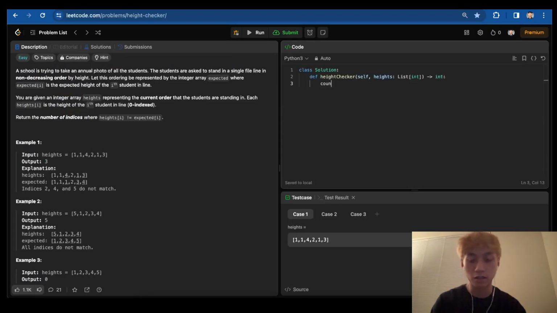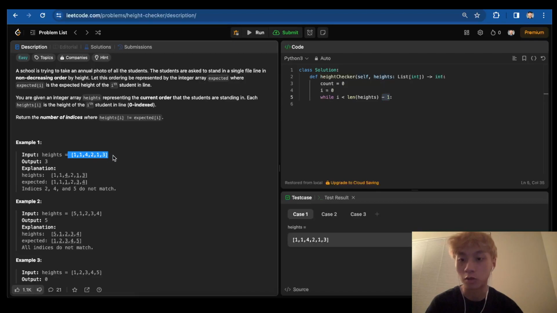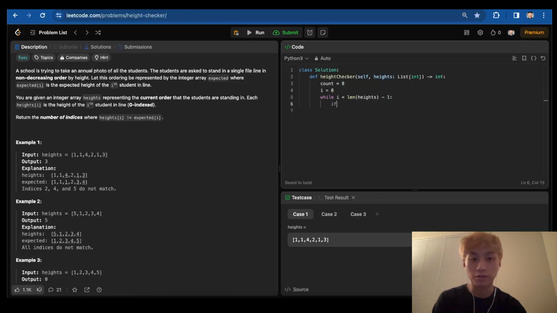So you're going to have a count, right? Initially the count is going to be 0, and you're going to want to have a while loop. For the iterator, you can do i equals 0, while i is less than the length of heights minus 1. Actually, you don't want to do minus 1 right here because it's not going to access the whole array. I'll show you an example right here. But so if heights[i] does not equal